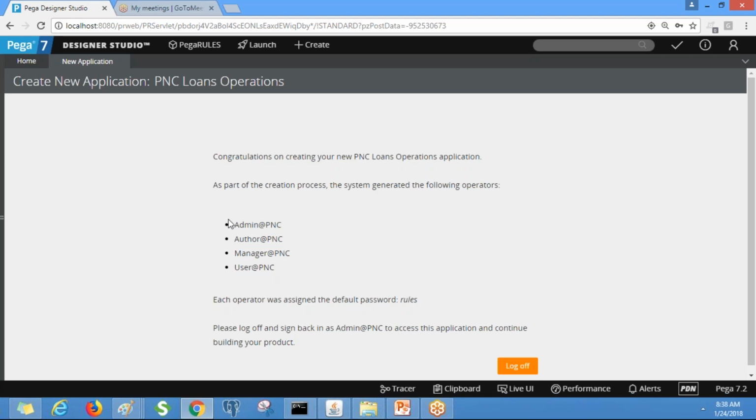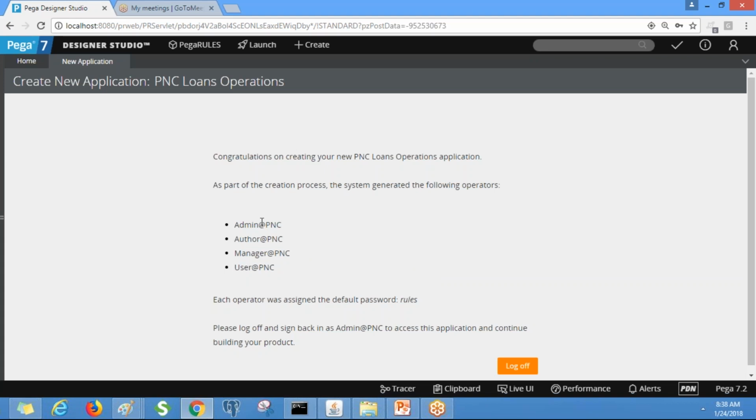Log off and sign back in as admin at PNC to access the application. Admin is a developer who is going to design an application. The manager is going to manage the application, and after work items are created, the users are going to use the application.